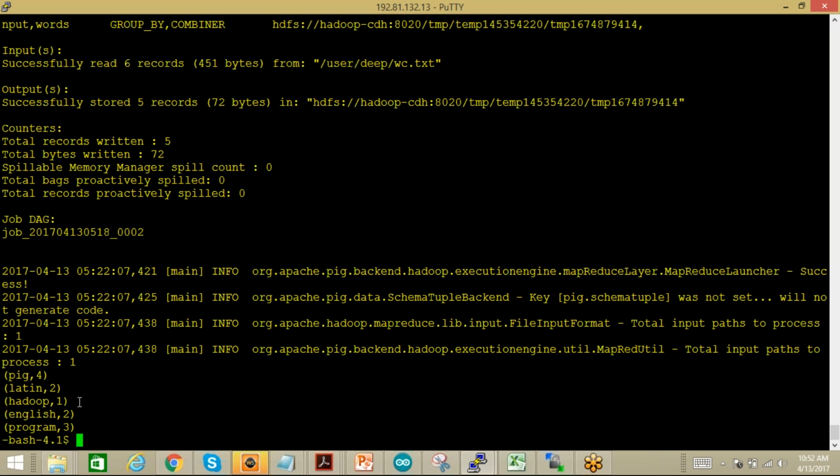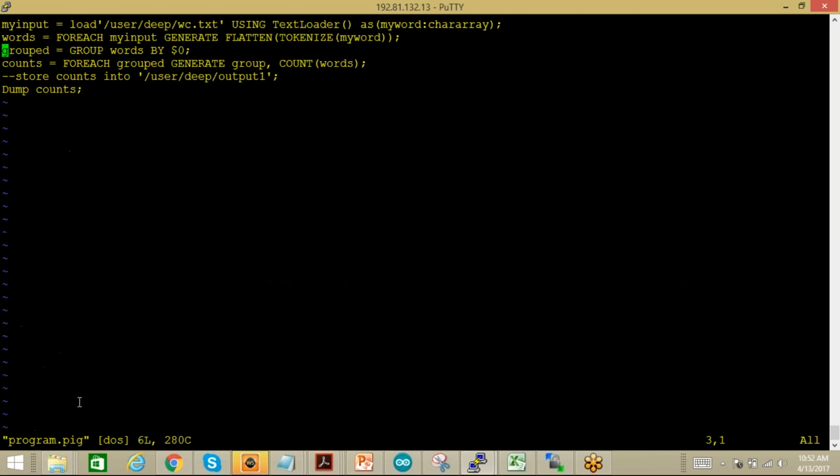Now, in this example, this PARALLEL clause will cause the MapReduce job spawned by Pig to have 10 reducers. And this PARALLEL clause applies only to the statement to which it is attached. It does not carry throughout the script. In the above script, if you can check it, we have attached this PARALLEL